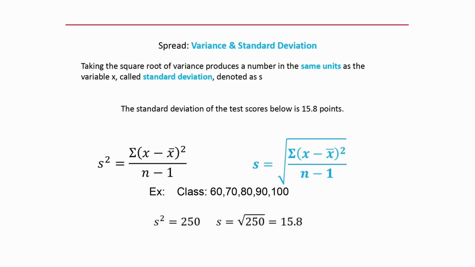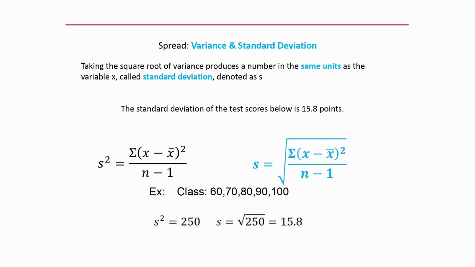And if you look at the exam scores, are they about 15 points away from each other? Yeah, more or less they are. But now we've used every data point in the data set. We haven't excluded any. That value is called standard deviation. It's the square root of variance, and it measures spread of a data set that is in the same units